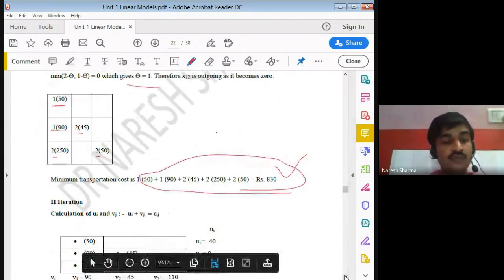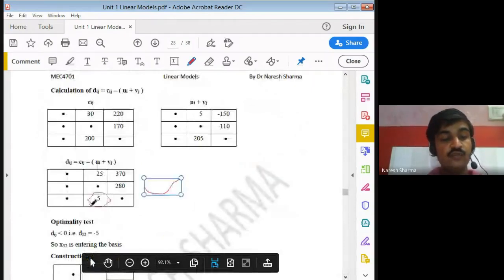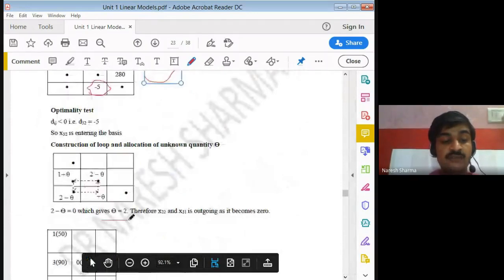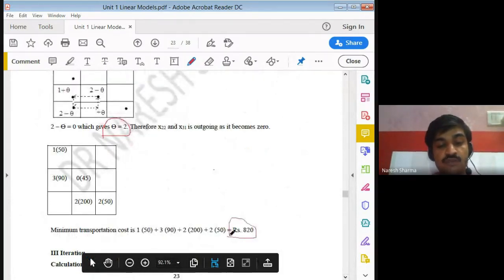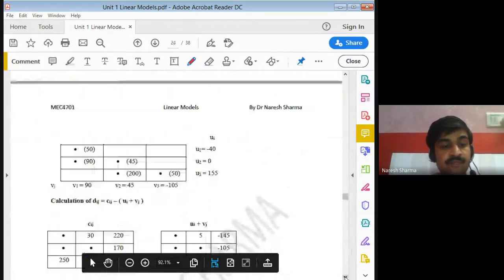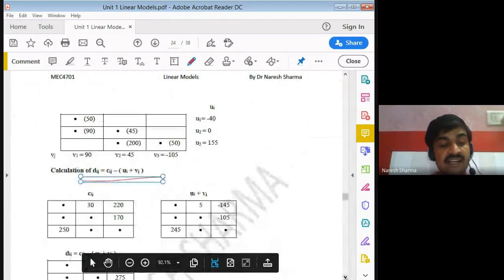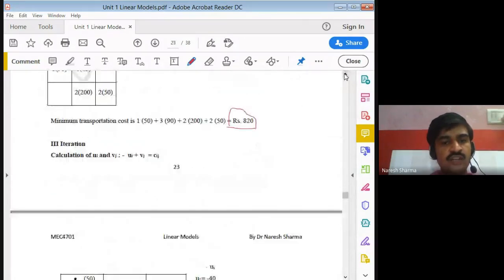Again, you require your uij procedure, and after doing that, you can check again. You have one negative value, so you again want to remove that by using the theta method. Again, you check some theta value. You can check this one yourself. Right, one question we have already done. Again you get the solution, optimal solution. Again you check. So in this particular example, again we check, and at last we get all the dij positive. Once you get all positive, your last calculated values are your optimal solution, that is